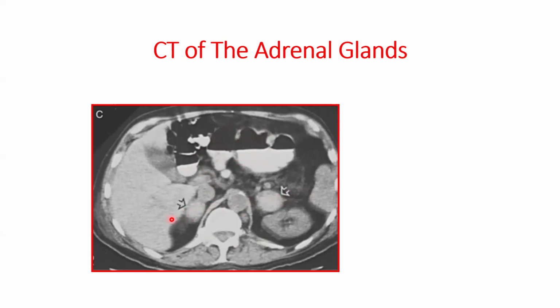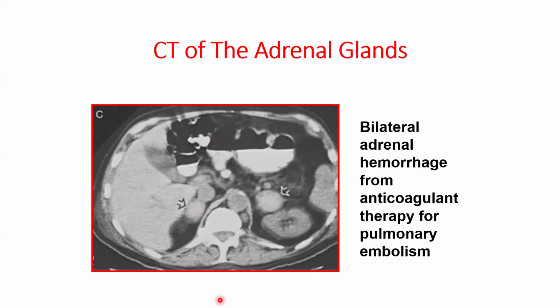What are those? The adrenal glands. The adrenal glands. Why are they big? The patient presented with a picture of Addison's disease, hypocorticism. So what is this? This is hemorrhage? Yes, yes. It turns out this patient is receiving anticoagulant therapy for pulmonary embolism, but unfortunately he developed bilateral adrenal